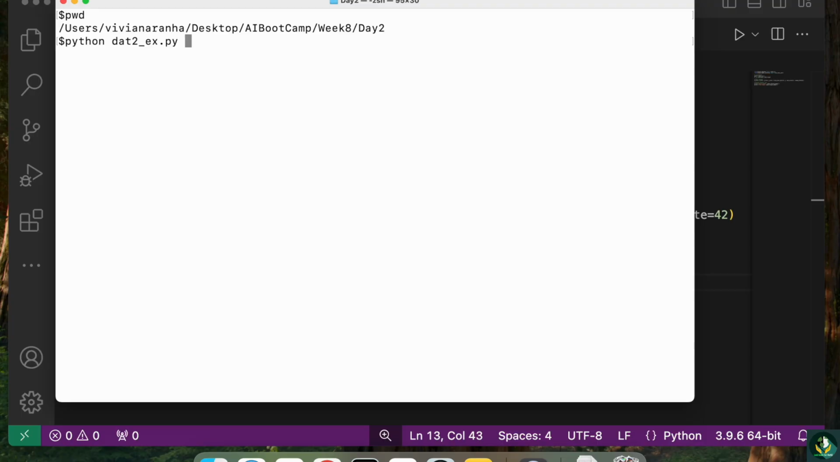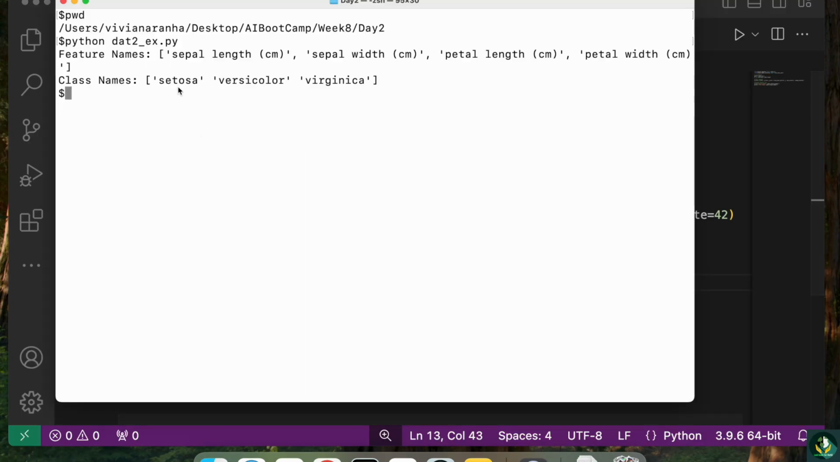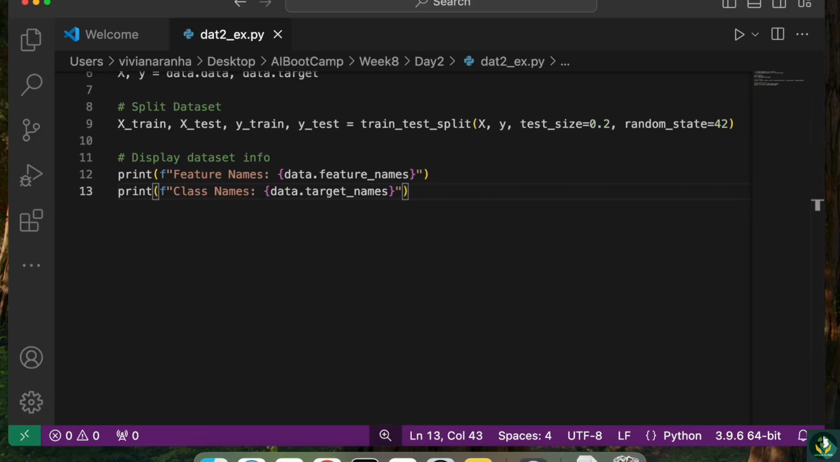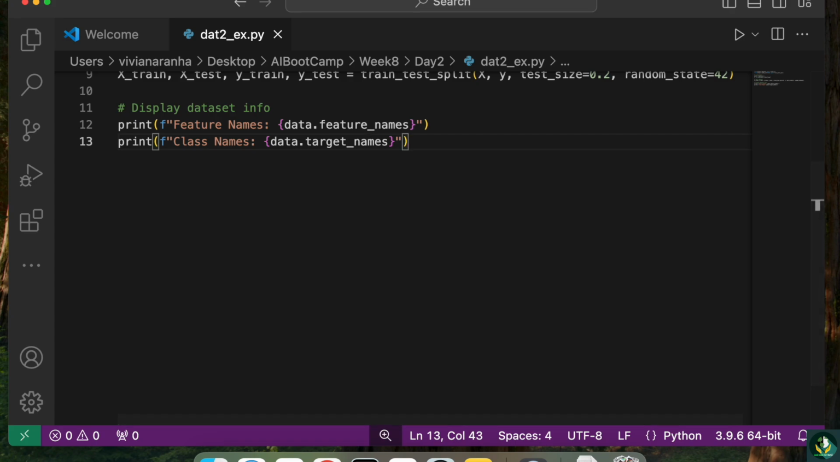Okay, I think I misspelled it, dat2.ex, and I have my feature names and class names. So perfect. Next step is to implement a grid search. So we'll define a grid of hyperparameters for the random forest model and perform an exhaustive search using GridSearchCV, which means I'll need to import